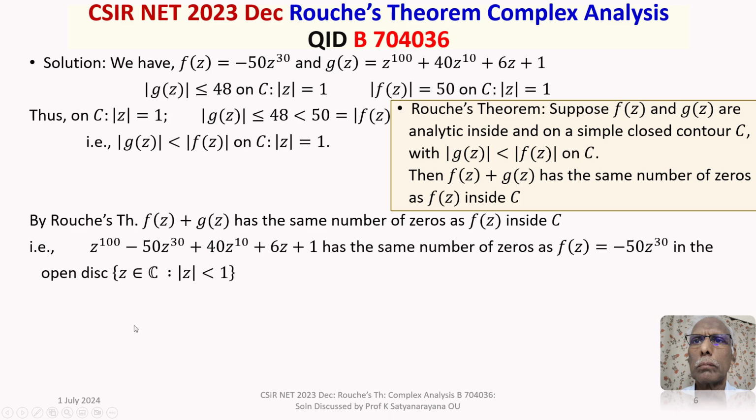in the open unit disk. Inside C means C is the unit circle. Inside C means inside the open disk, the open unit disk, mod z less than 1. Now, let's see how many zeros there are for this f(z). f(z) is equal to minus 50 z to the power of 30